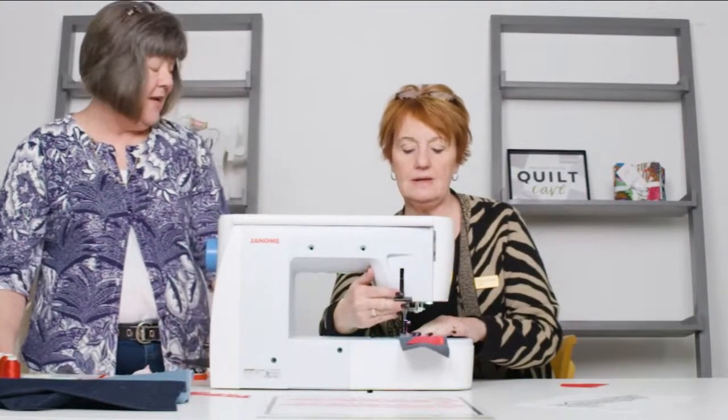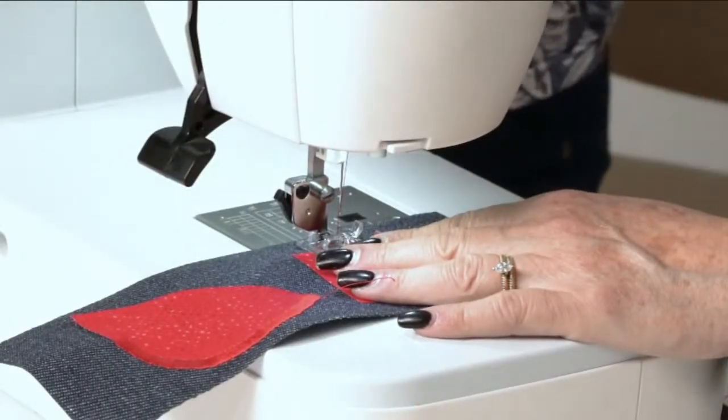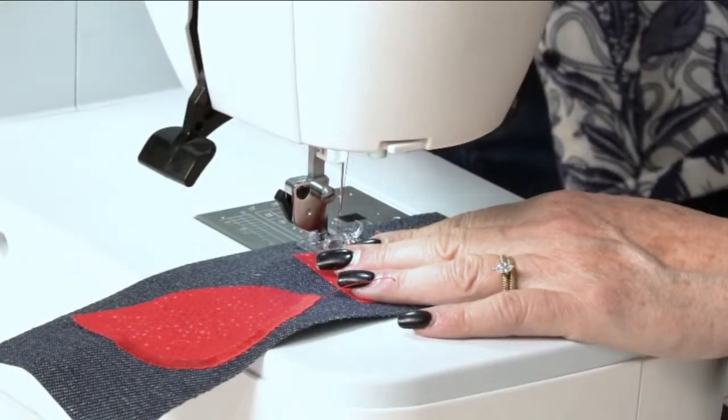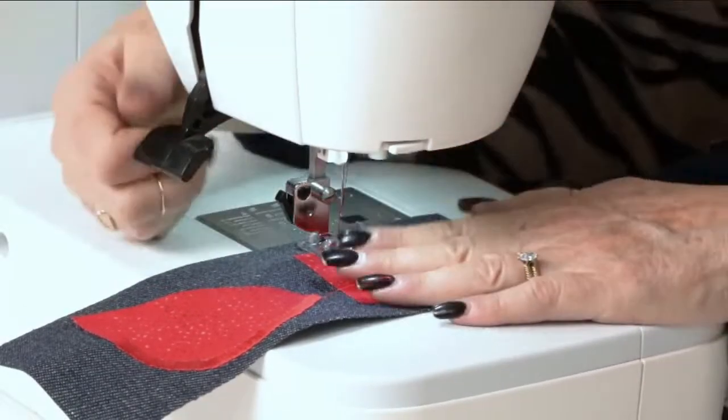What are you going to say, Etta? Not a thing. Oh, come on. No, I'm actually going to watch this because I think this machine is pretty fabulous and it can do some pretty cool things. So I'm going to watch. Huh. Well, sometimes,